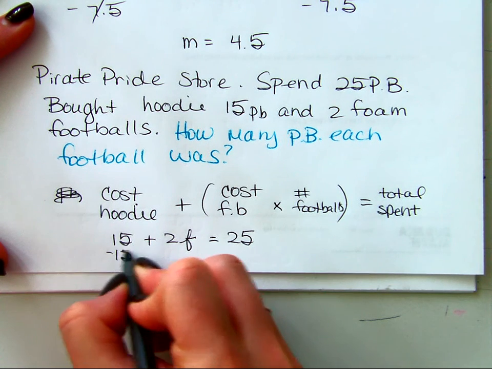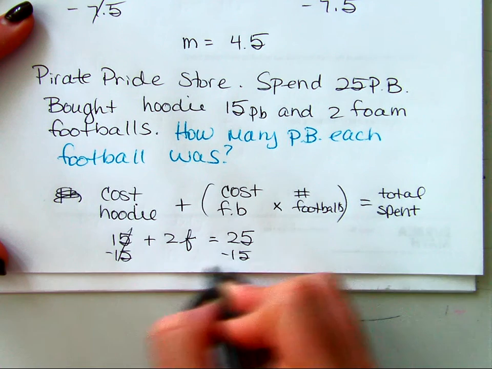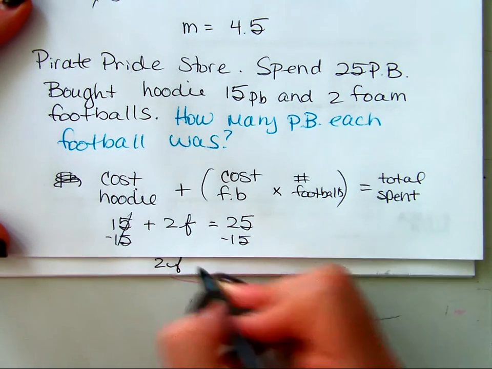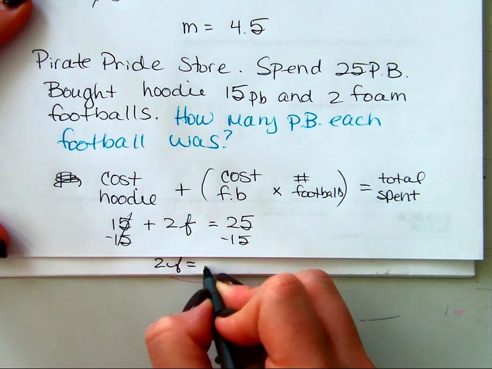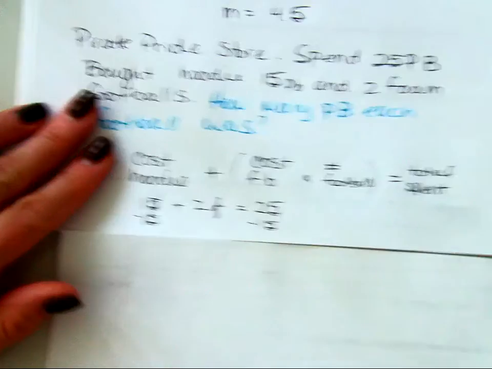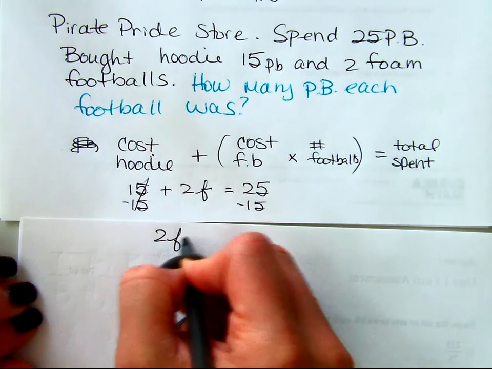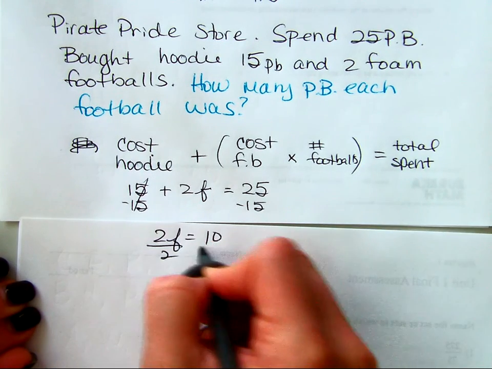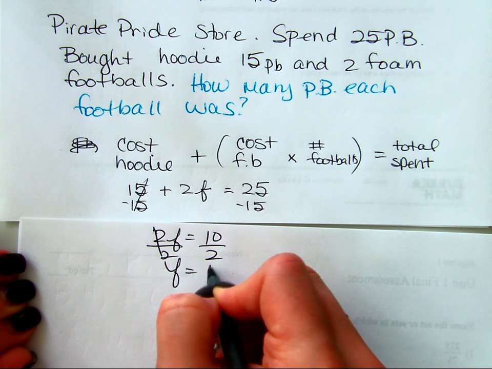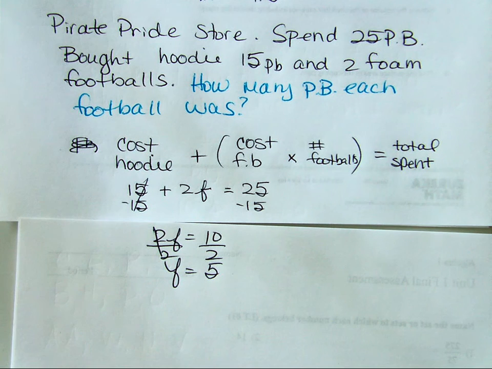So first I subtract the amount of the hoodie because I know that was a one-time fee. 2F should equal 10. And then divide that 10 Pirate Bucks left by 2, and you get 5 Pirate Bucks for one football. Okay? Make sense? Word problems? Okay. So